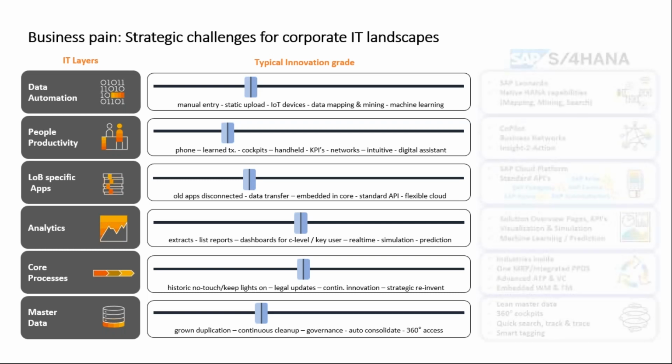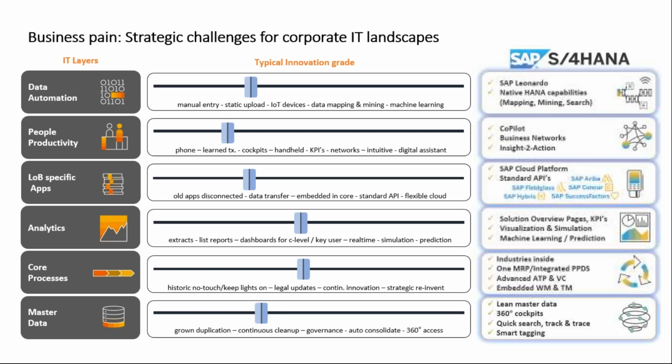Okay, then when you talk about data automation, there are automation tools like SAP Leonardo, where mapping, mining, searching, everything happens through one single tool. And you have your people productivity. Basically there is something called the Co-Pilot, an integrated communicator within your SAP. Like you have Skype for Business or Lync, which is a third-party tool, not an SAP proprietary tool, where you communicate offline beyond the SAP screen.